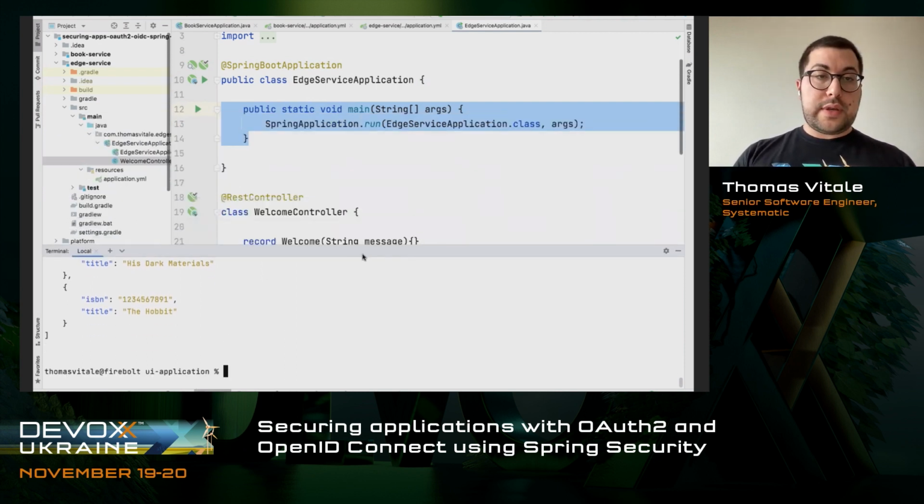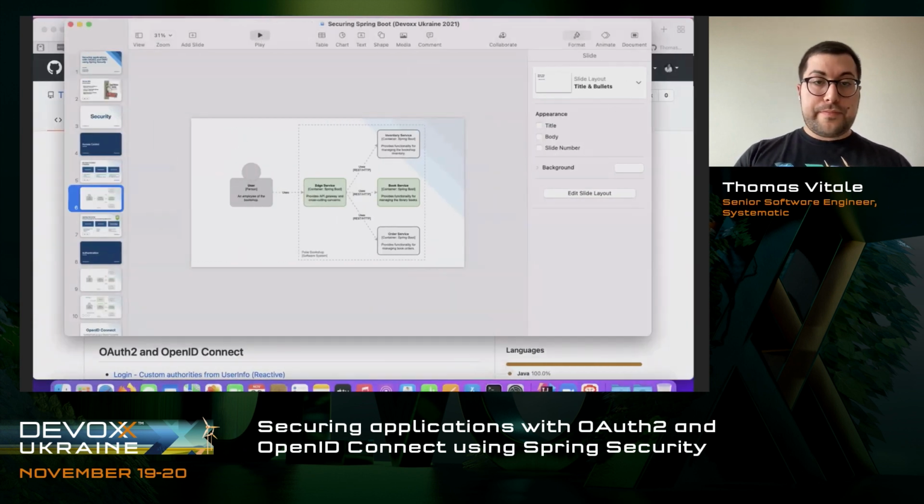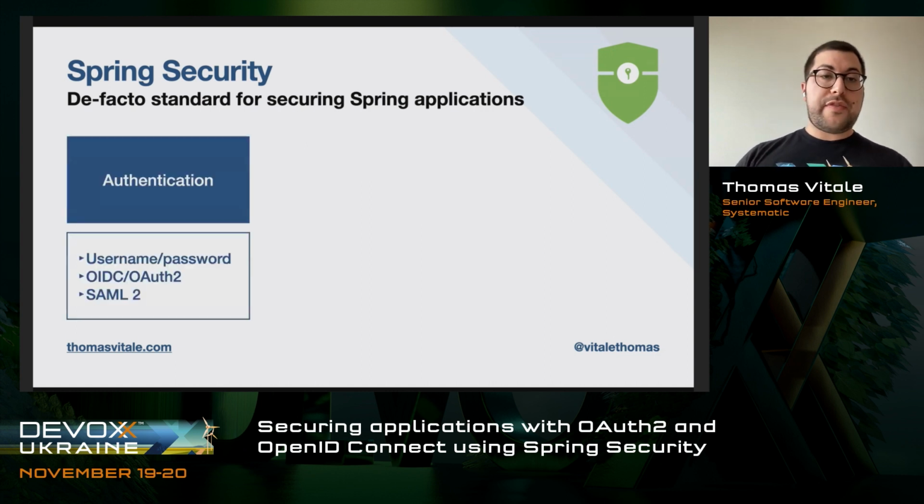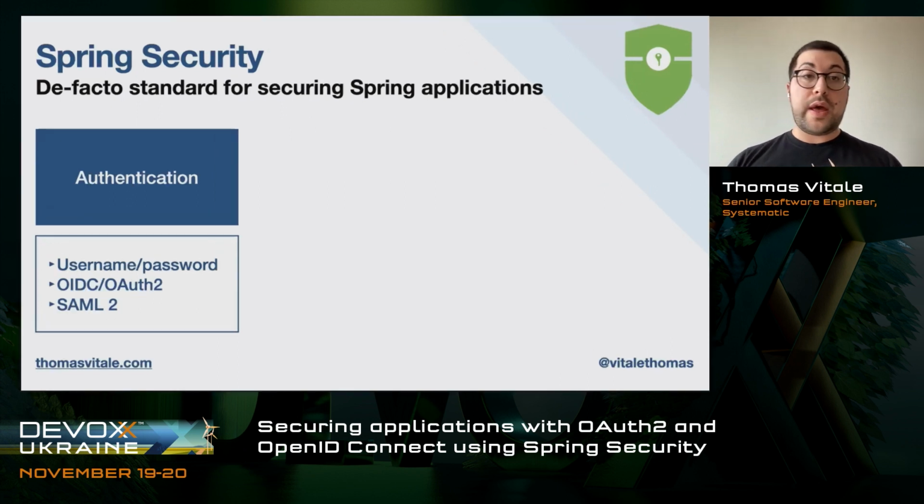So now that we have the basic functionality, let's start looking at how we can secure these two applications. When we talk about Spring Boot applications, the de facto standard for securing applications is Spring Security. And Spring Security is a great framework which provides support in three main areas. The first is authentication, which provides support for different authentication strategies through a uniform API. So we can support username and password authentication, or OIDC and OAuth2, the one we're going to use today, SAML2,